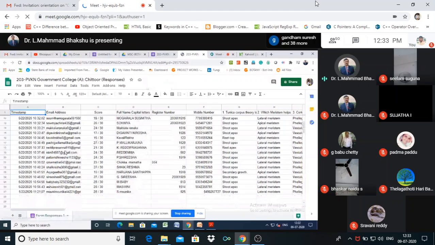In this evaluation, we can create many multiple choice questions and other things also. Many people also provide a certificate after the submission of the Google form, so that may be an add-on. Two add-ons will be required to provide an online certificate to the students in the form of quiz questions.